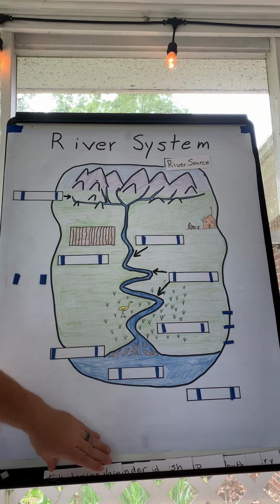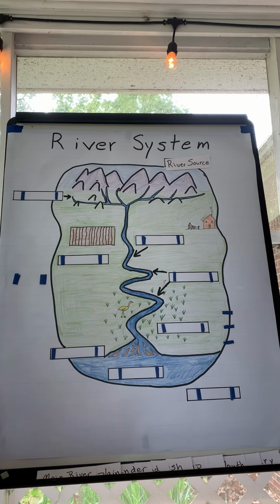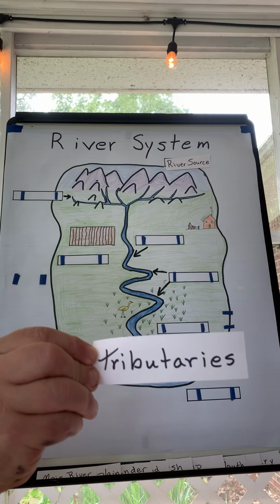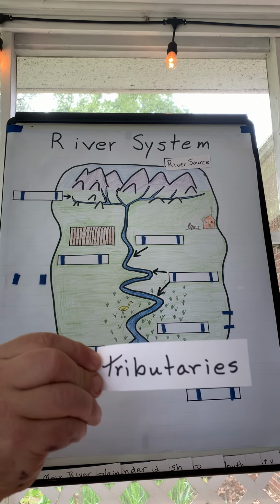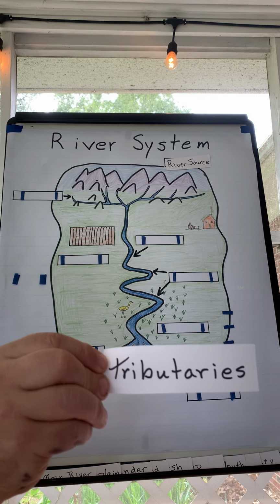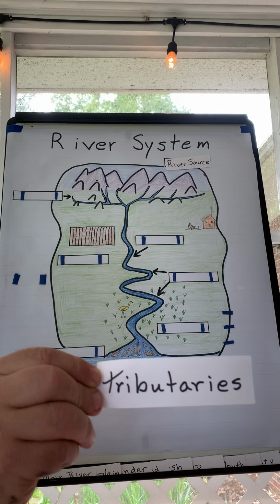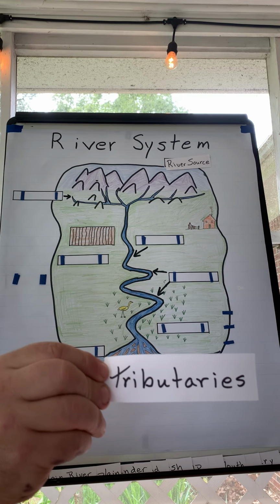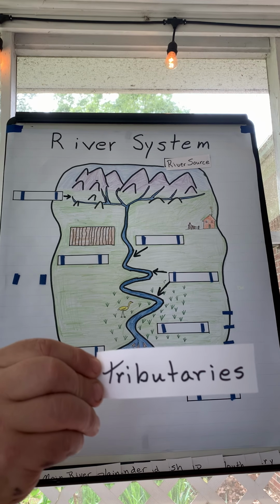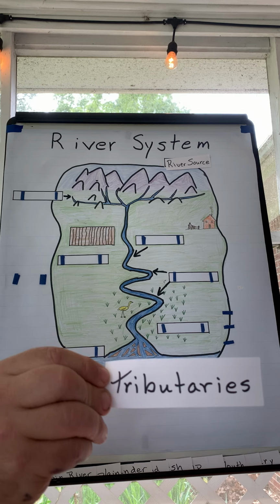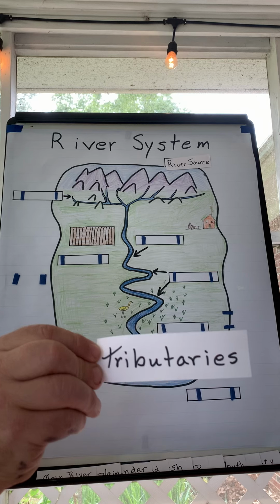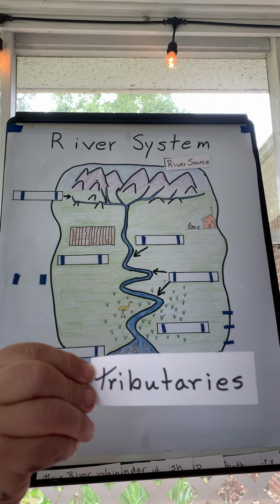The next thing is once that water has started, it's going to form into what we refer to as tributaries. Tributaries are small streams, creeks, even smaller rivers that then flow together as they move downhill toward the main flat area, toward the river that we're going to be talking about. Now, tributaries sometimes are named and sometimes they aren't. If they're really small and they're just like something going through somebody's land or down through the woods, it may not have a name. But tributaries are a major part of our water system.